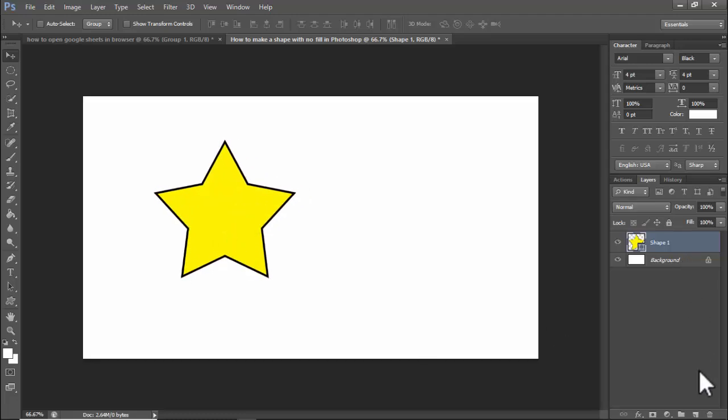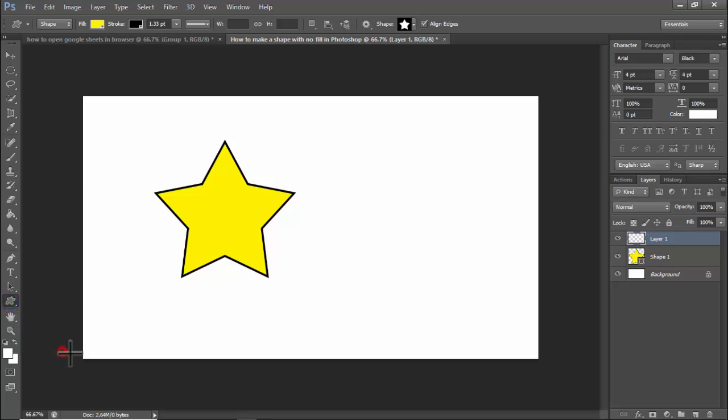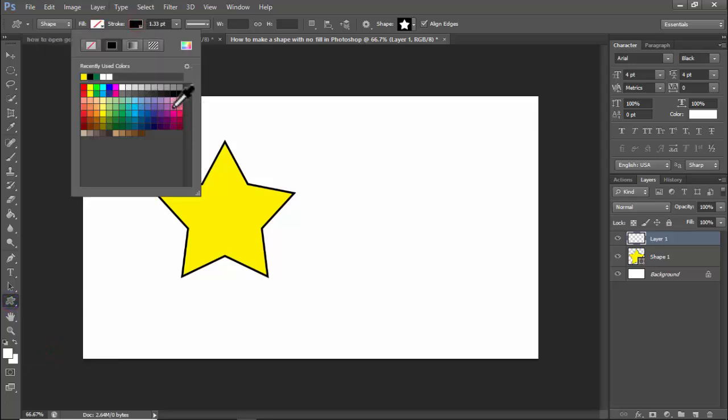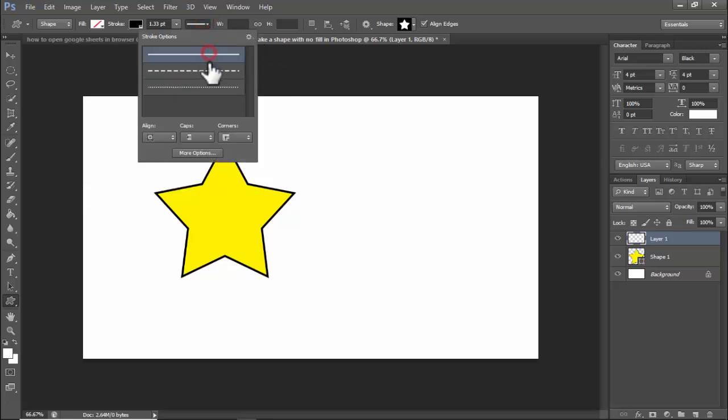shape, create a new layer and click the shape, custom shape or use pen tool for art shape, add a rush. I use custom shape, then without fill and select the stroke color. I use stroke color example black, solid line, dash line, dotted line as a rush. I use solid line,